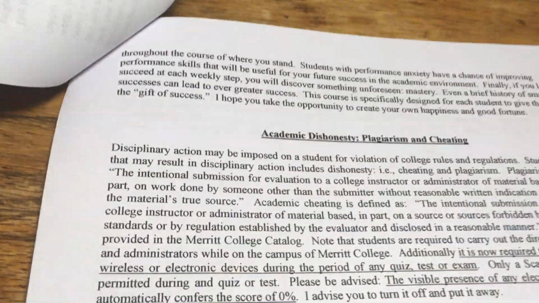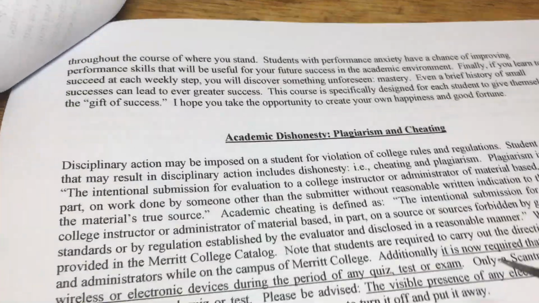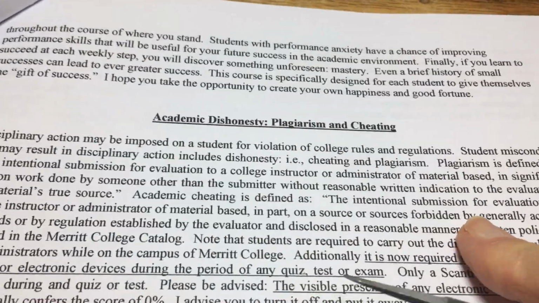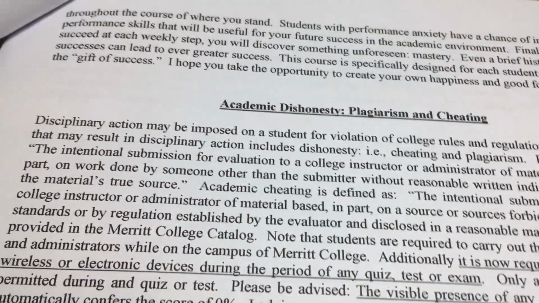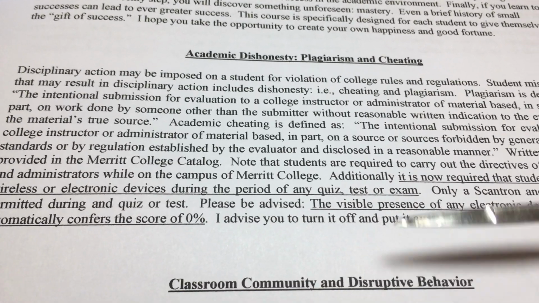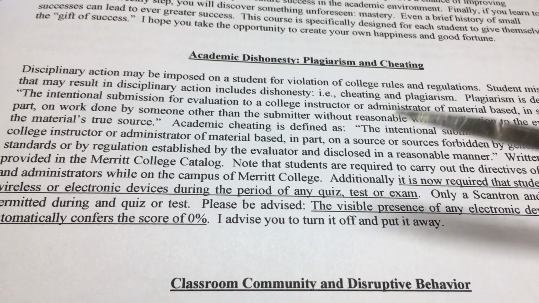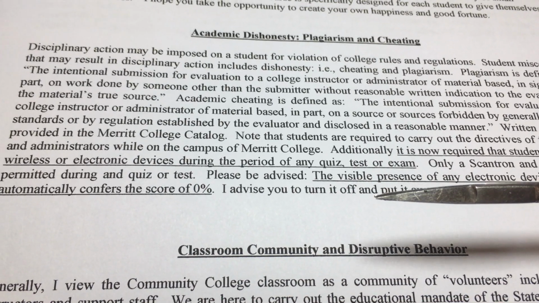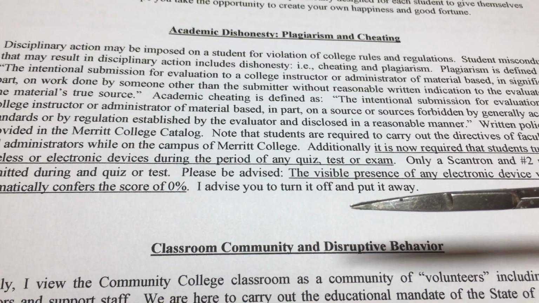We don't usually have academic dishonesty. I've pretty much figured out how to deal with all of that. But at any rate, don't worry about it at this particular time. You're not in class, so you can't copy from anybody.